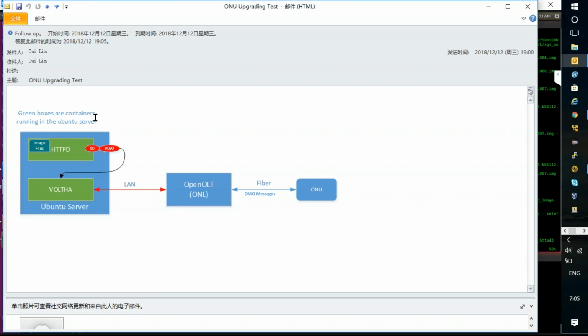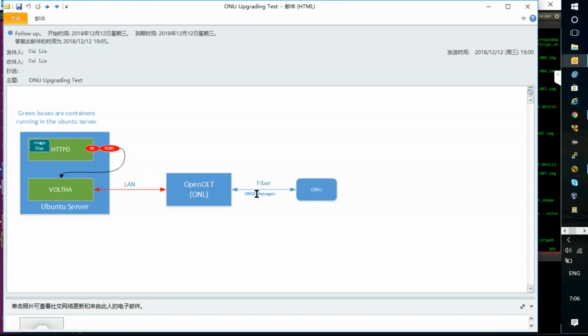The test bench consists of 3 parts. The first one is the Ubuntu server running VOLTHA, and an HTTP server that can be used to download the image file from outside VOLTHA. And next is the ORT itself, running ONL, Open Network Linux, and connected to an XGS-PON ONU with fiber,